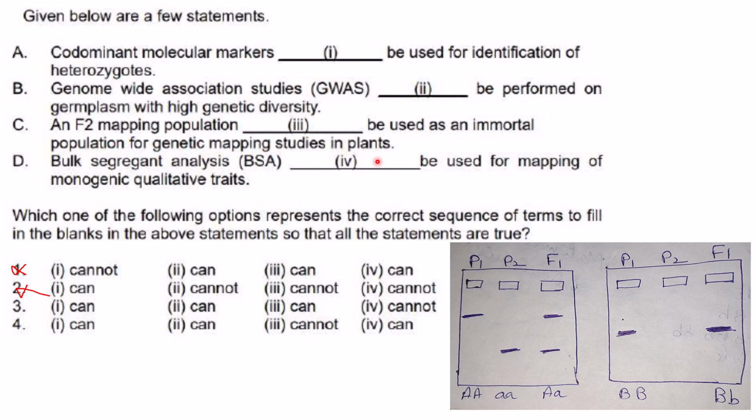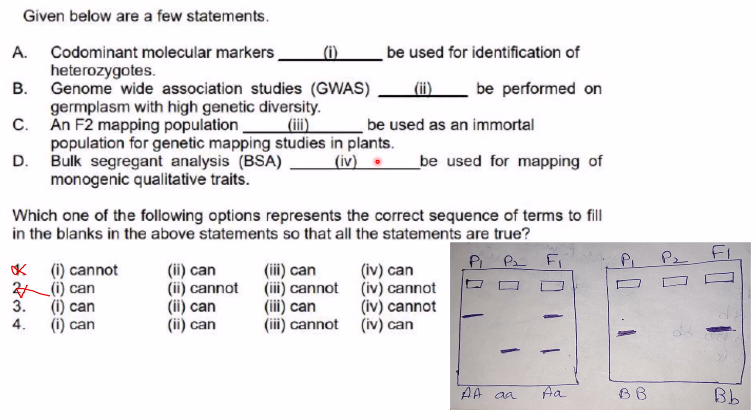Now these F1 individuals are self-pollinated to produce the F2 generation. Now F2 generation is used only for initial mapping studies, and it is not designed for long-term maintenance. That means they are a